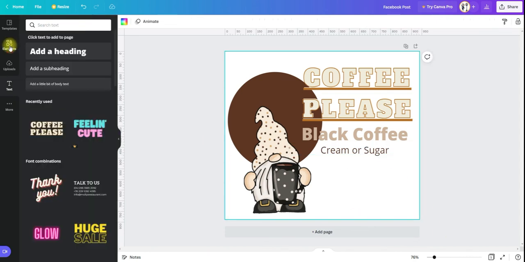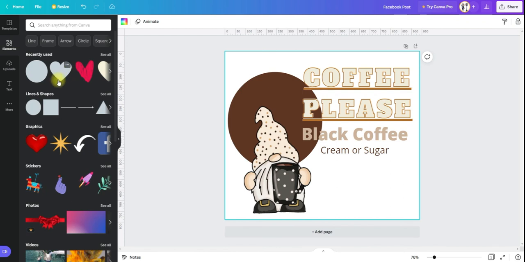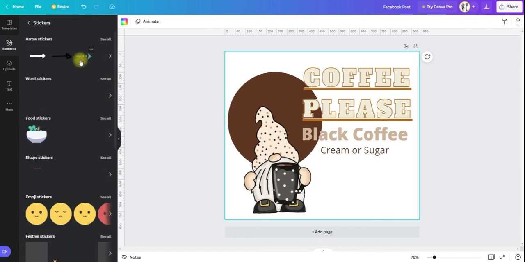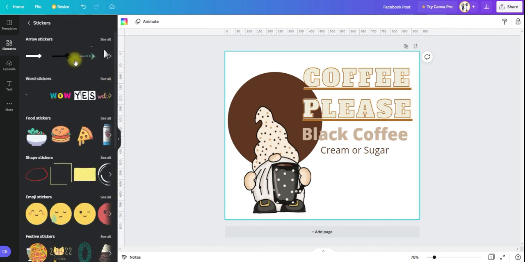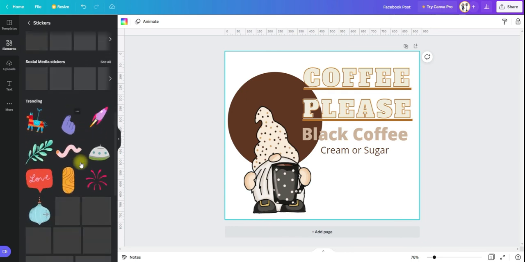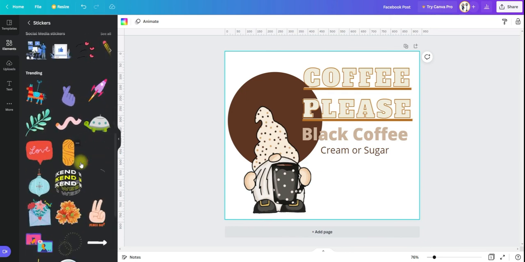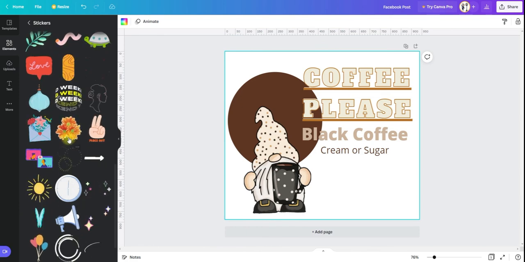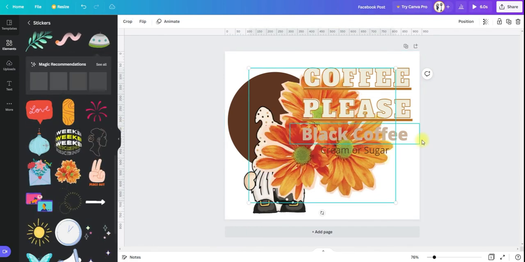So let's go back to elements, and we've used a shape. We want to add a sticker, and all you do is click see all, and it opens the stickers. So these are all the stickers that Canva has in their library for you to use. And all you do is scroll down through until you find something you like, click, and it adds it to